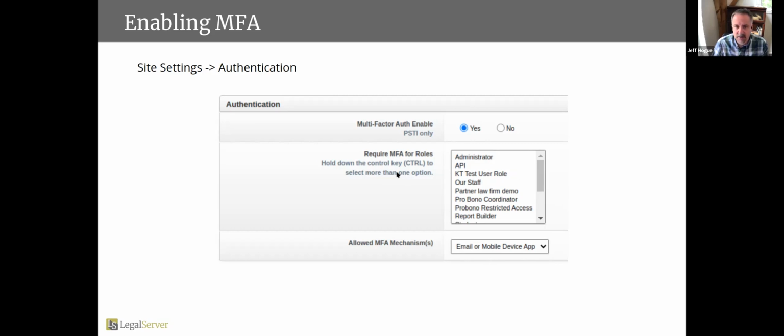Once it's on, you're going to see that you can require multi-factor for certain roles. A thing that we will probably be doing this fall is looking at the information on people's sites to figure out if they have this turned on for at least one role, probably administrator. We're not going to do it for you. We're not going to make you do anything, but my feeling is you ought to at least have multi-factor turned on for your admins.